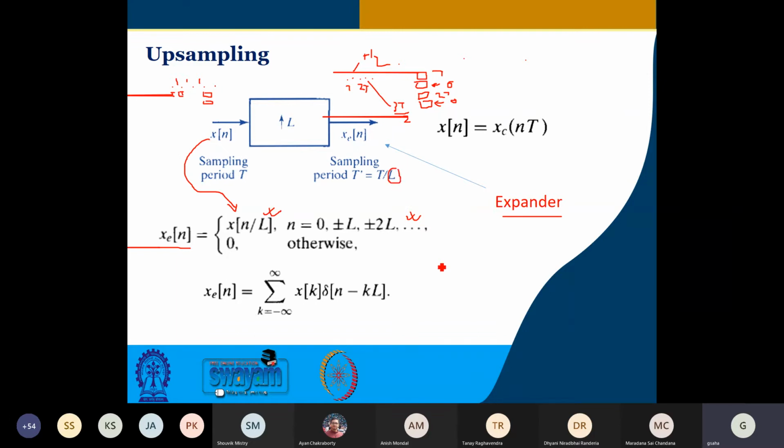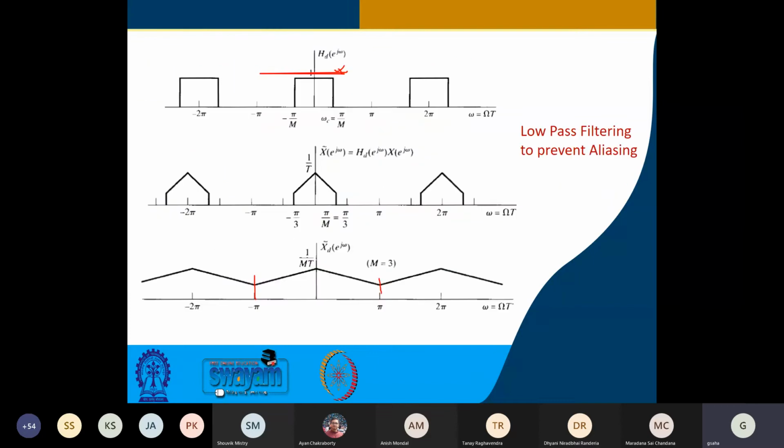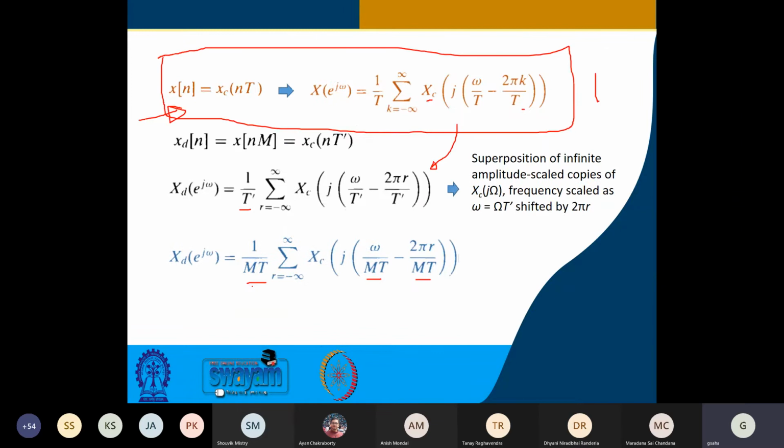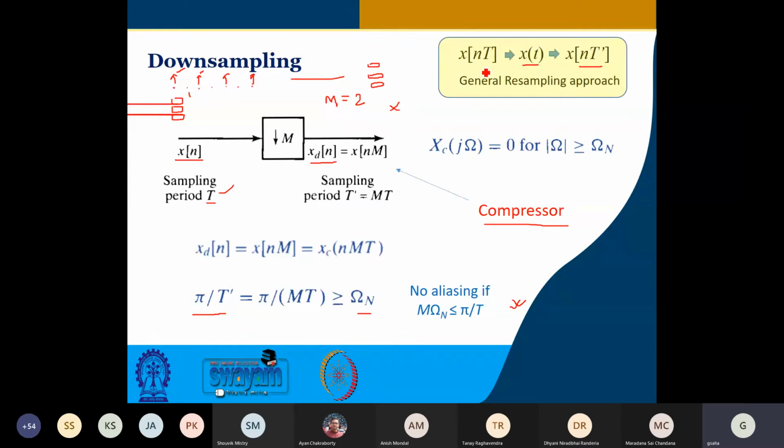Okay. Now one may say that path is always available, so why do all those things? I have the original signal sampled at a particular rate, I reconstruct it, get the original time domain signal back, and then resample it at a higher rate. That is also possible. Then you need a D2A converter, then a D2D converter and so on. But what we see is that those are costly and have hardware complexity and other aspects.